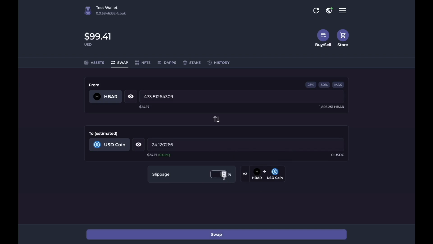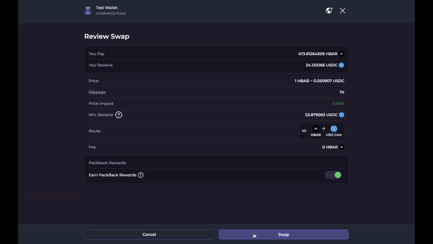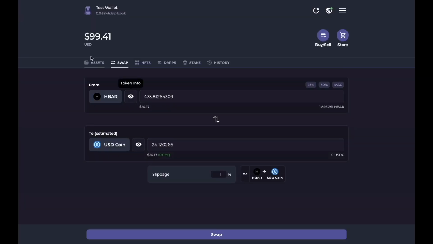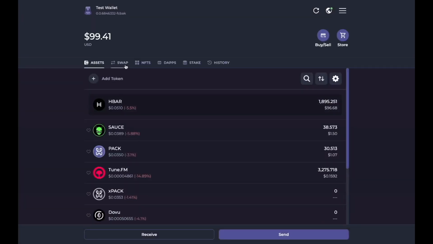I'm going to lower the slippage to 1%. And now usually with crypto self-custody wallets, you'd have to connect them to a decentralized exchange such as SaucerSwap or HeliSwap, and then swap your tokens from there. So now HashPack allows you to do these swaps directly within the app.